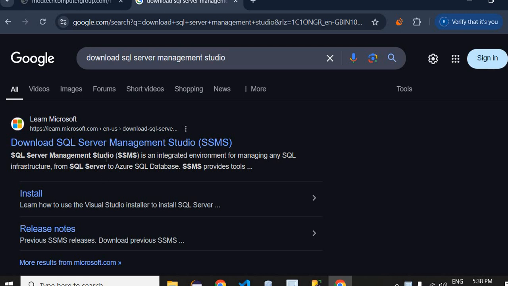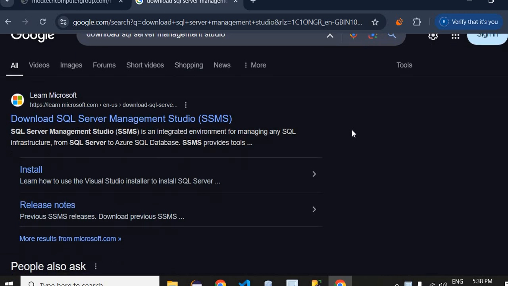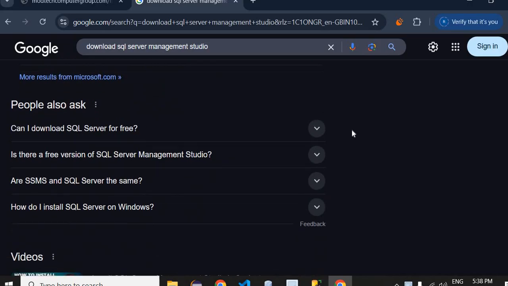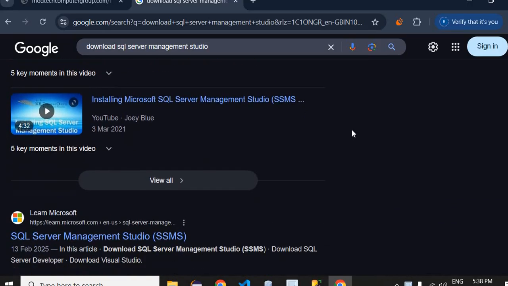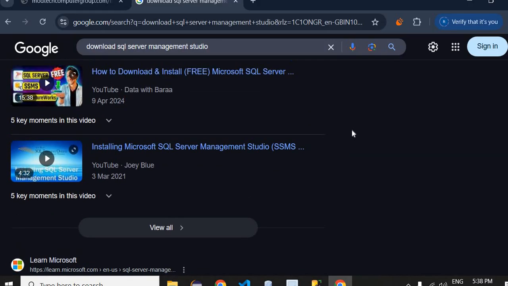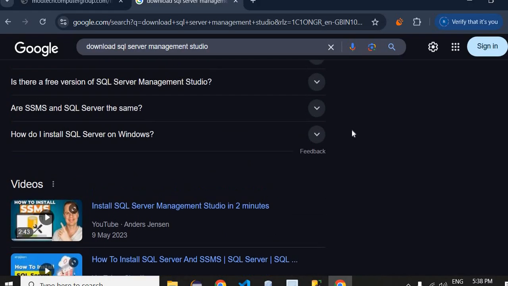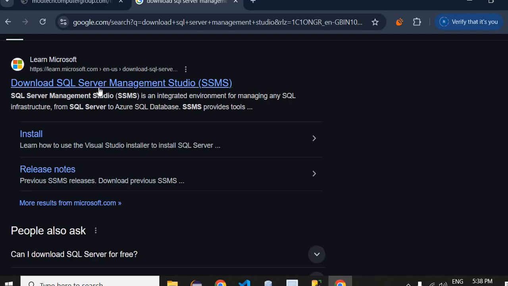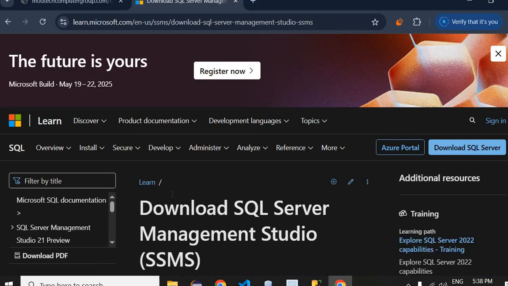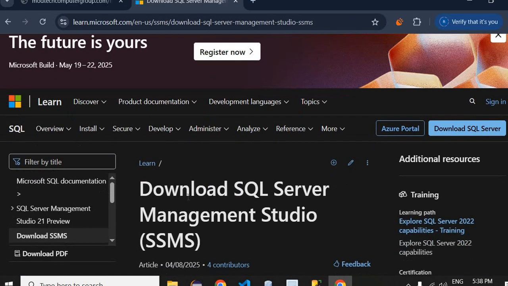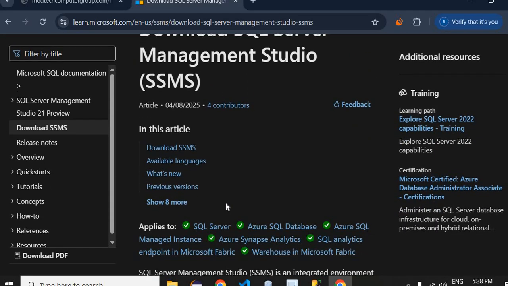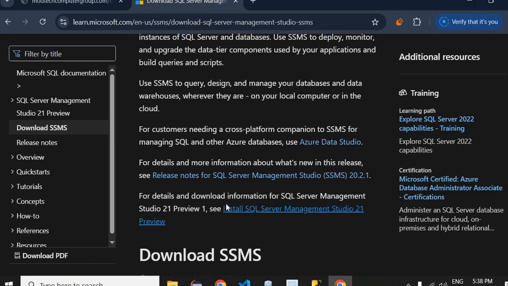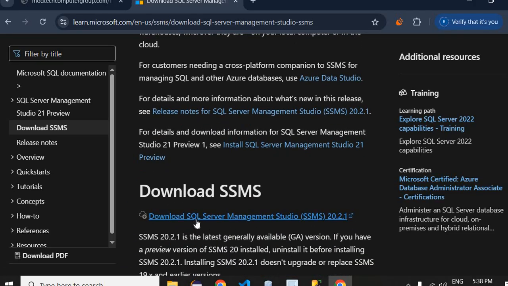You will get so many links here. You can scroll down and see there are so many links in the results below. You can click on the first one, and once you have clicked, a new window appears, and again you can see Download SQL Server Management Studio. Scroll down, and here it is, Download SQL Server Management Studio,